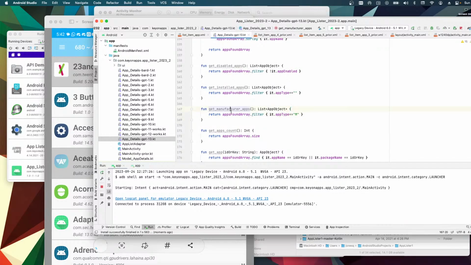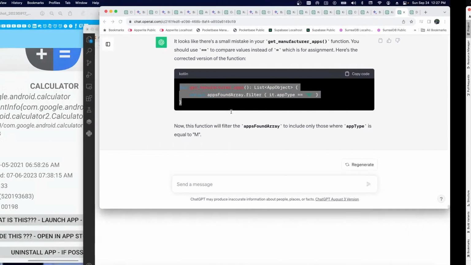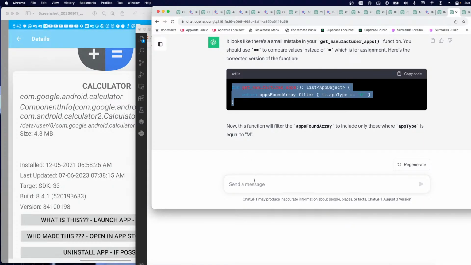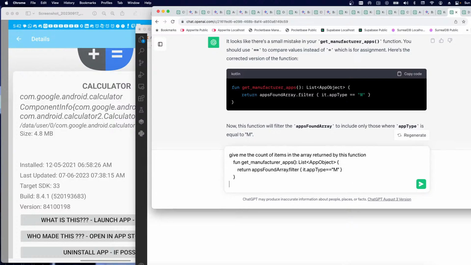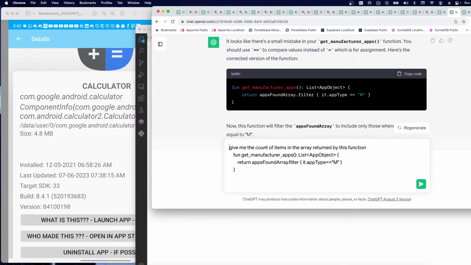So how do I say, give me the count of items in the array returned by this function? I want a function called